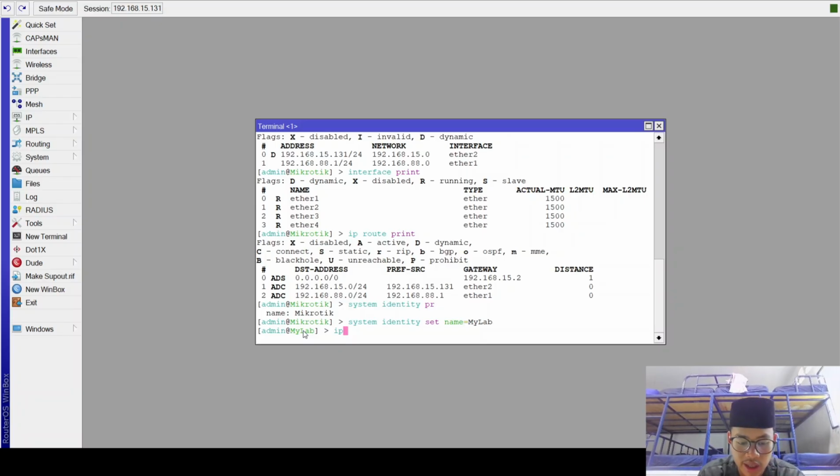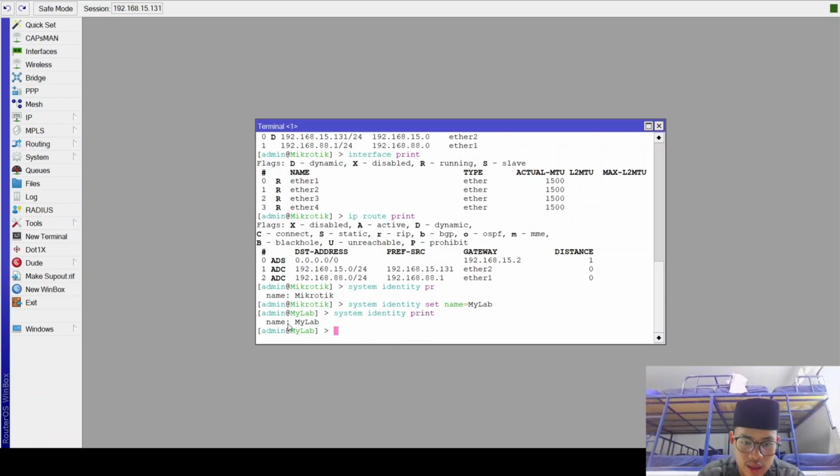If you wanna see the detail, use the command like before, that is system identity print. Look, the name is changed. You can replace my router with any name you like. Maybe something cool like your name, like Rafa.